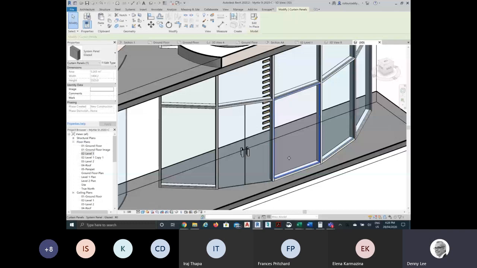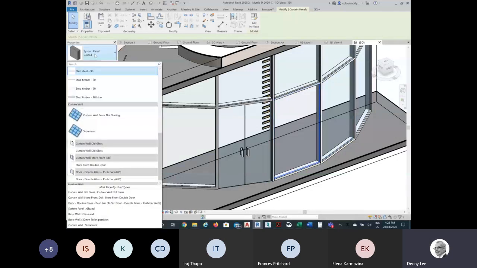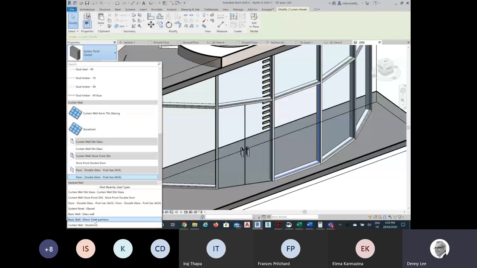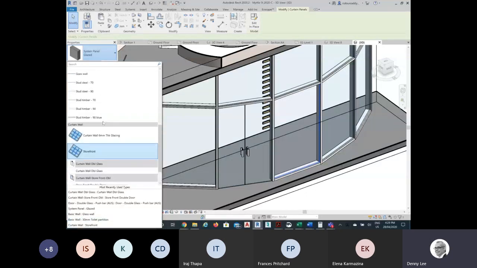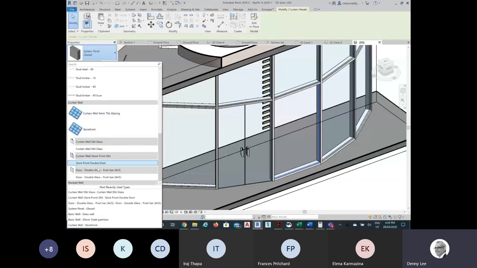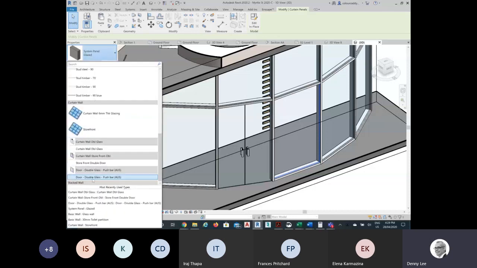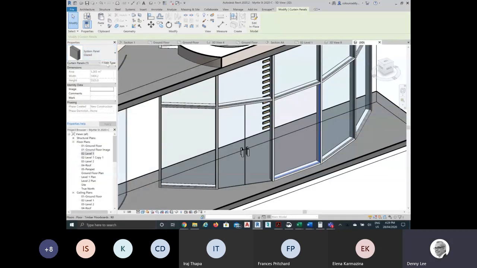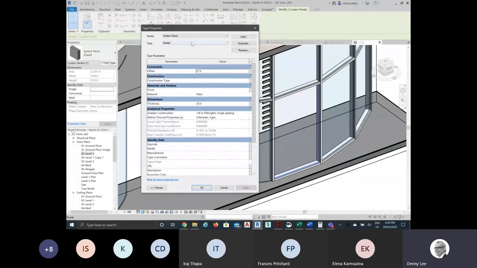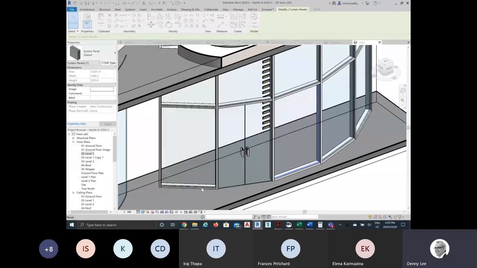panel, and unfortunately, when we go to properties and click on this drop-down list, it doesn't always give you the options that it's supposed to. It should give you all the options here for the different panels, but unfortunately, part of it gets cut off. And so sometimes, if you know that there are options there that you can't see in this list with the nice thumbnail, the only way to get them is to go to edit type, and you can get to all the options here. So what I want is the type to be set to solid, right? And then I can go okay, right? So now that one's a solid panel,